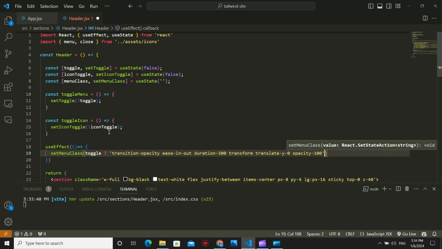If the value is true, then this CSS will be rendered, and if the value is false,